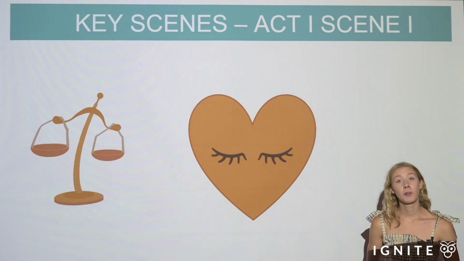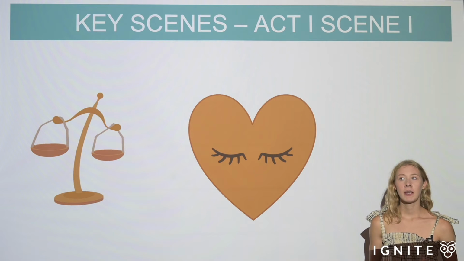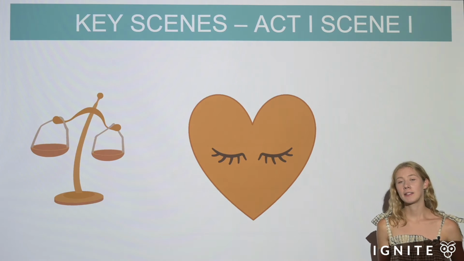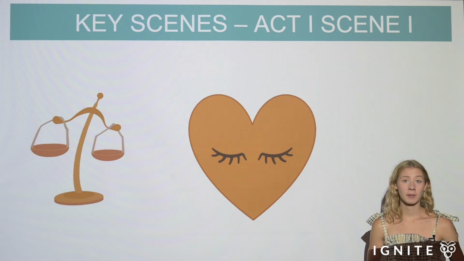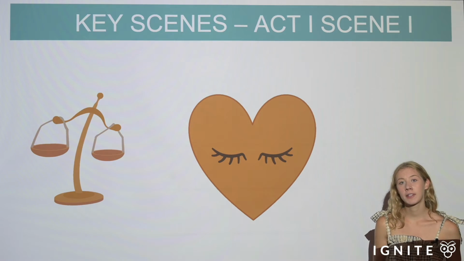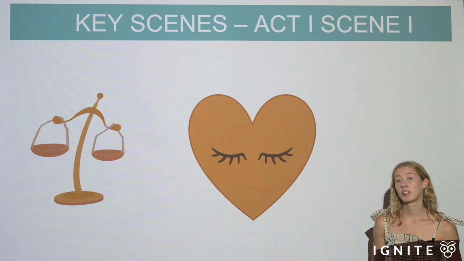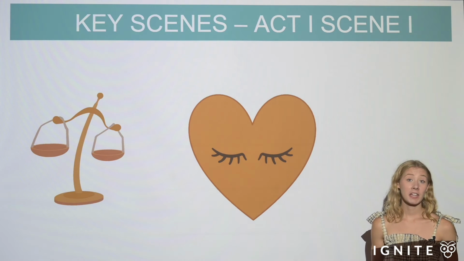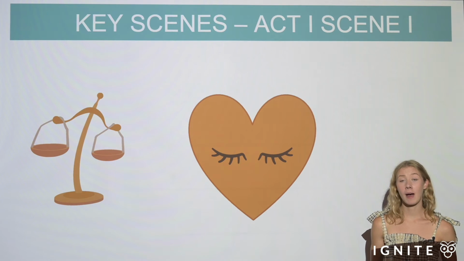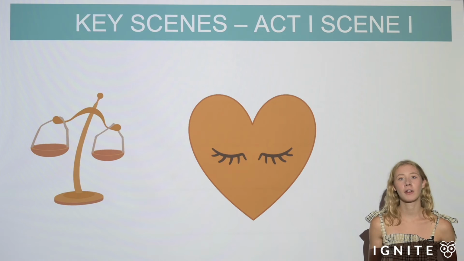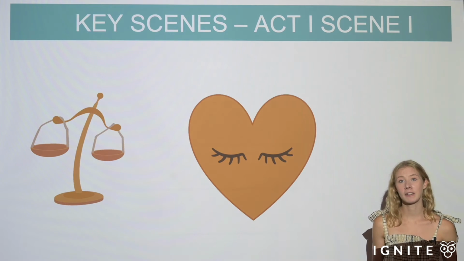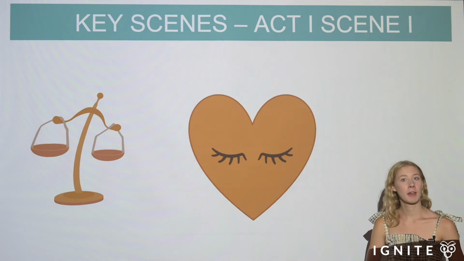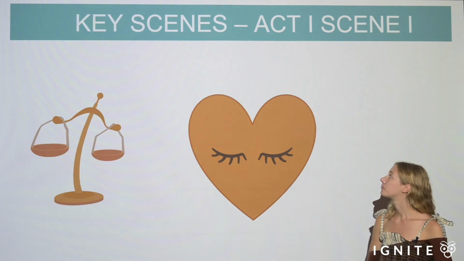In this scene, we're also introduced to Shakespeare's curiosity with the idea of the eyes versus the mind as influencing us when it comes to relationships. He looks at the idea of initial attraction as not always being the best gauge of a relationship, and the idea that love isn't influenced by the mind and logic and reason, but rather it's more likened to magic and is unexplainable by logical means.